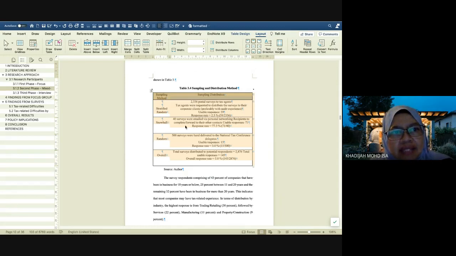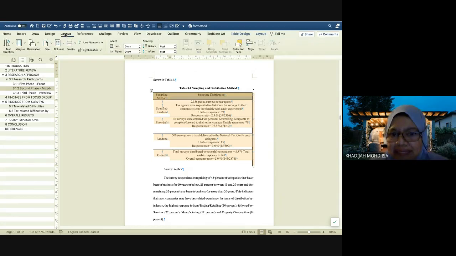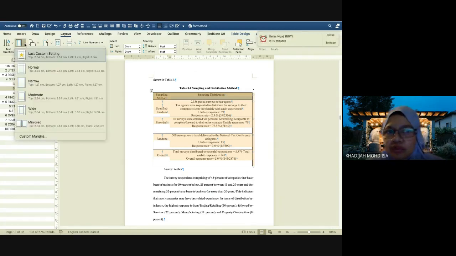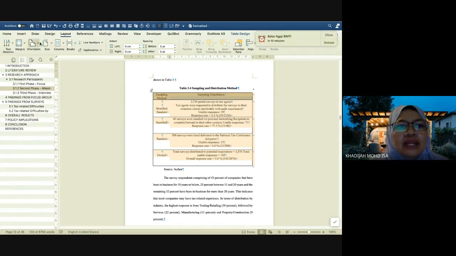Okay, that is for the where we layout untuk margin. Yeah, so you check again what is the margin required for your thesis. Okay, now layout untuk,